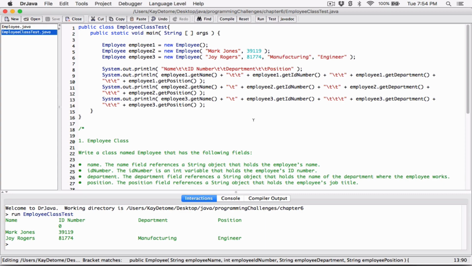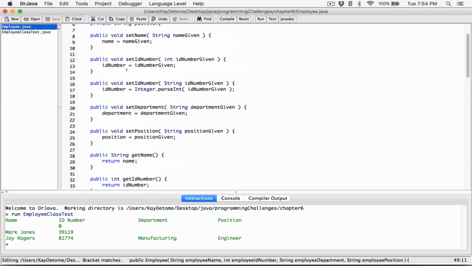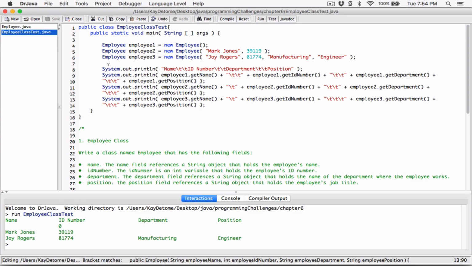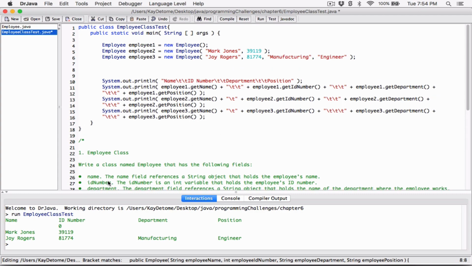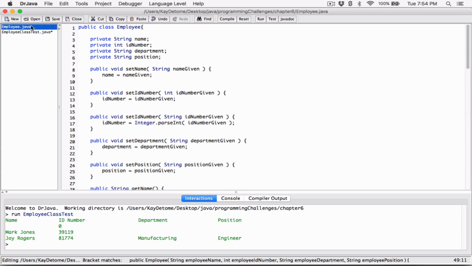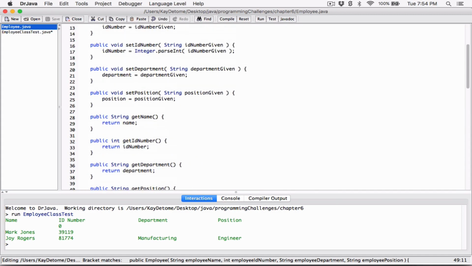We can go ahead and change it. That's where the setters come in. That's where the mutators come in. These are all the getters, the accessors. We're accessing the field using the public methods in the employee class. Now, to change it or to set the values for these, we can use the setters, right? So we know employee 1 is missing a name, so we can use the setName method, which is over here,